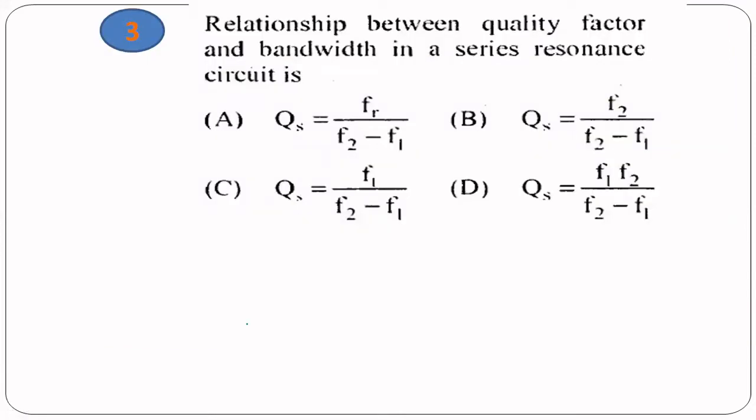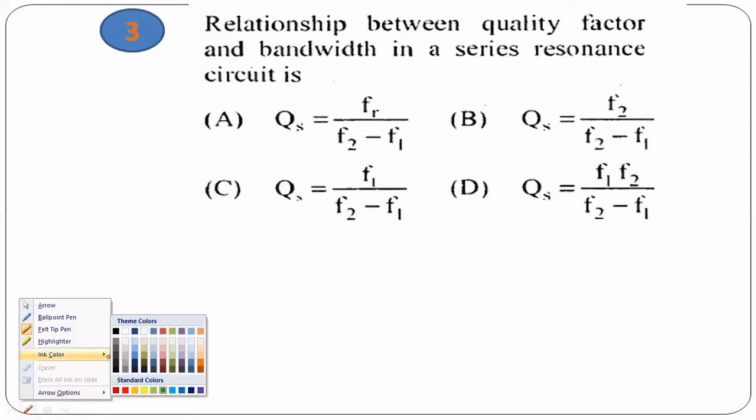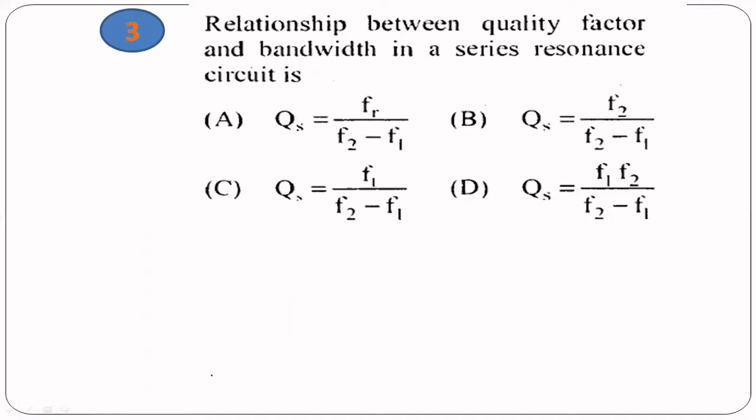Next question is about the relationship between quality factor and bandwidth in a series resonance circuit. Okay. For a series resonance circuit, the quality factor QS at resonance is given by FR divided by delta F. Here FR means resonance frequency, and delta F means